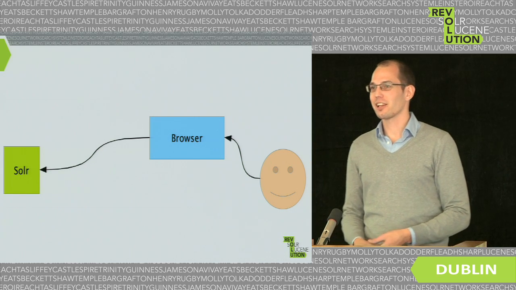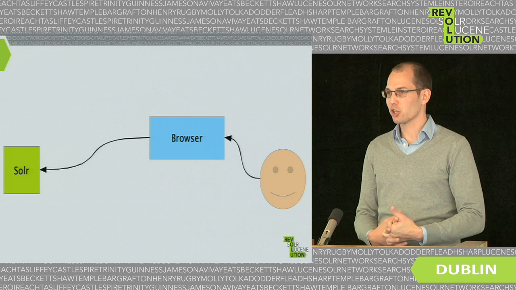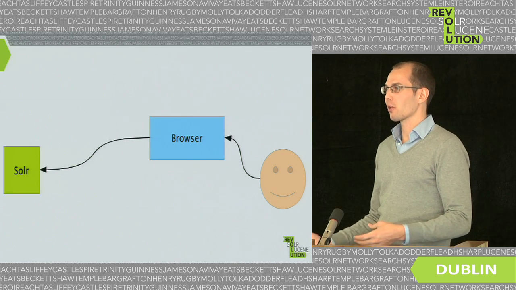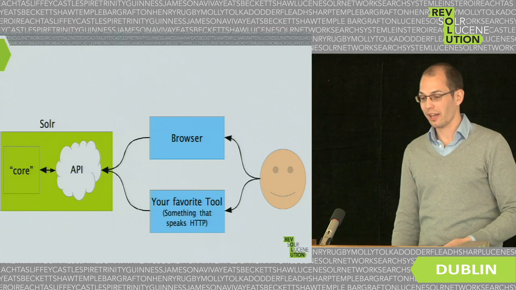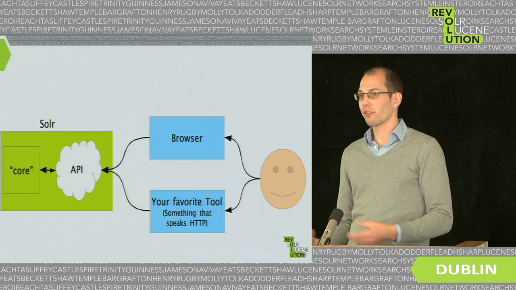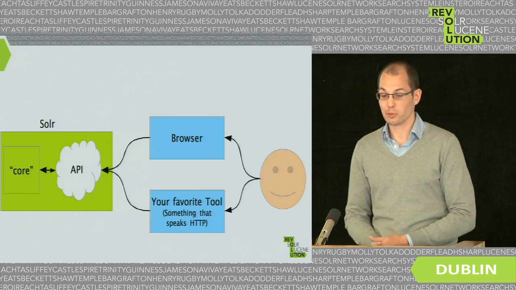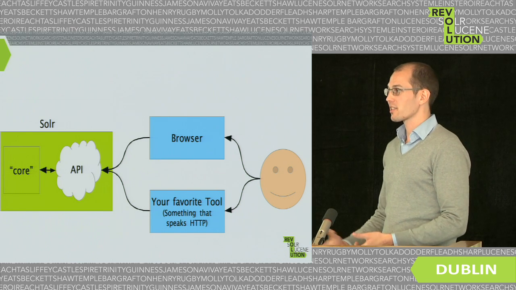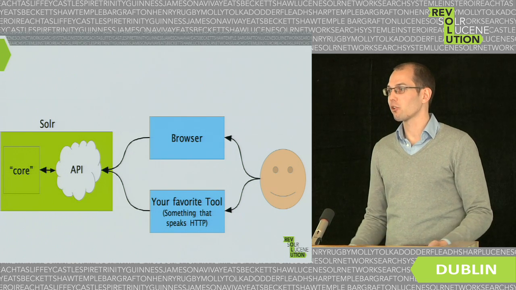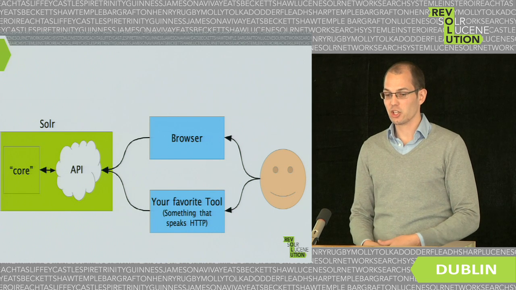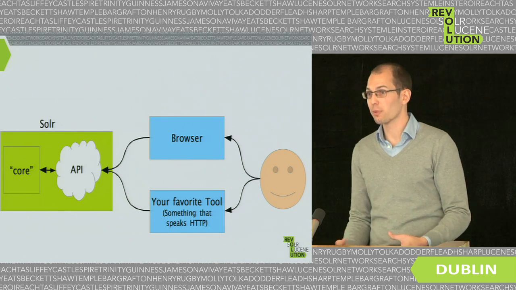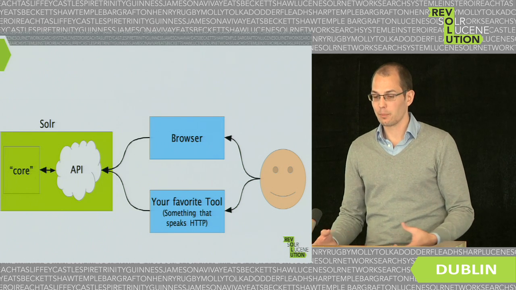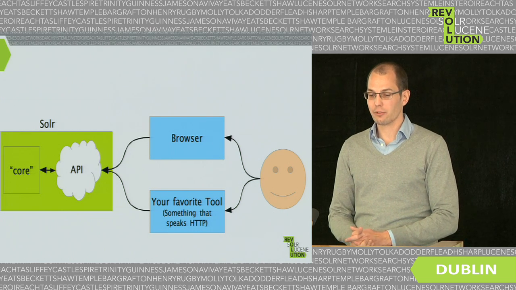What you did before is use your browser to access all the information in Solr, because you can't get them otherwise. What you can do now is use your favorite tool, or perhaps another one as well, as long as, like I said before, it's capable of HTTP requests. So you can just gather that information because it's explicitly exposed by different endpoints. So you are able to do, for example,